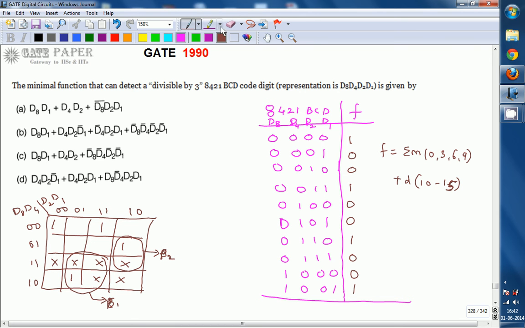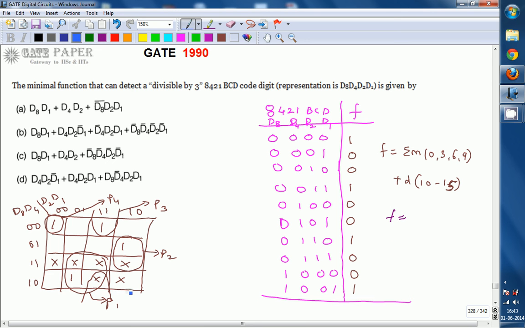So this is P2 and this is P1. Okay, and this can be combined in this way. This and this can be combined, so this will give product 3, and this is unique, so this will be product 4. So now f can be represented as f is equal to,